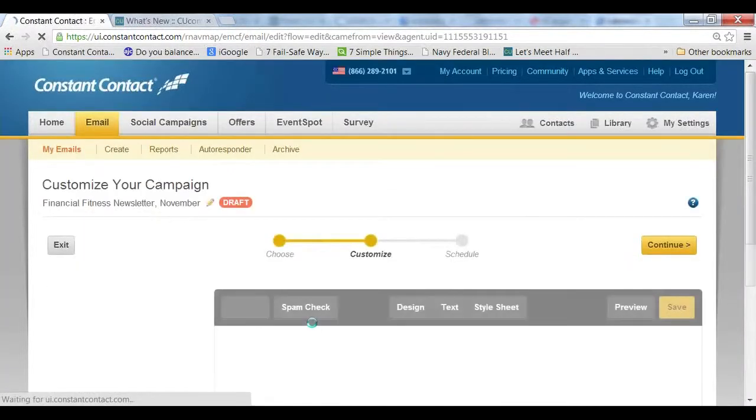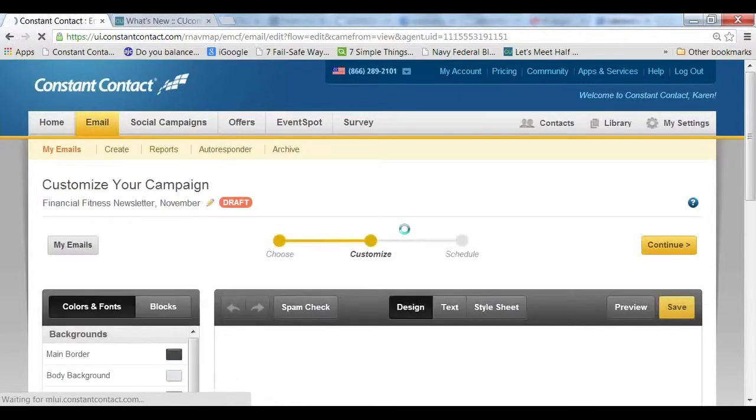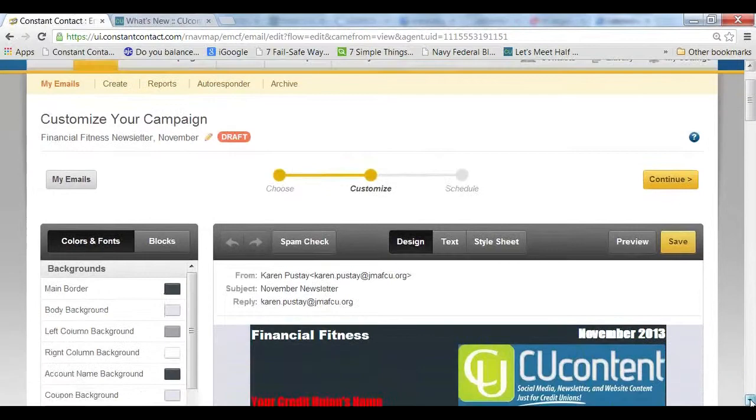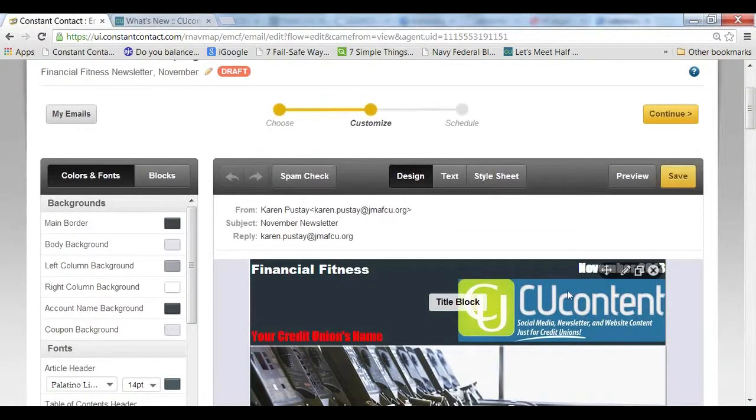You could find the newsletter, simply click edit, and this will bring you into the template and you can make any changes. The artwork is done for you. The template is set up. You can put your own logo there. Change the date if you wanted to, or put in the volume and issue number, put your credit union's name